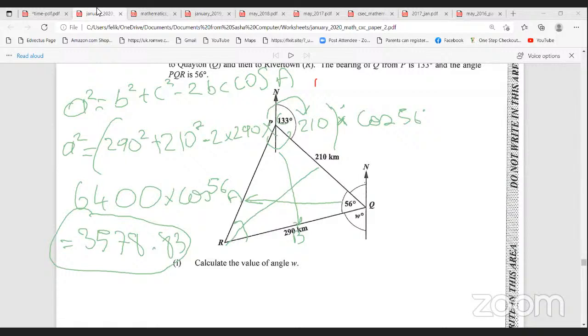You should not let me do it alone, miss. It's me and Dejana. All right, so a squared equals b squared plus c squared minus 2bc cos A. All right, good. So a squared equals,